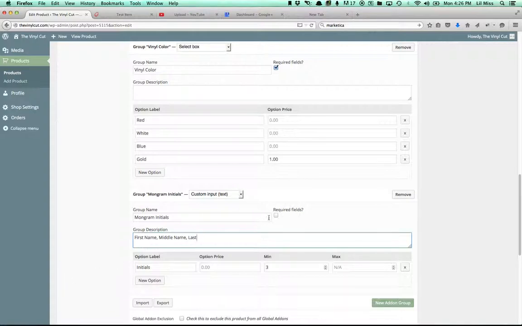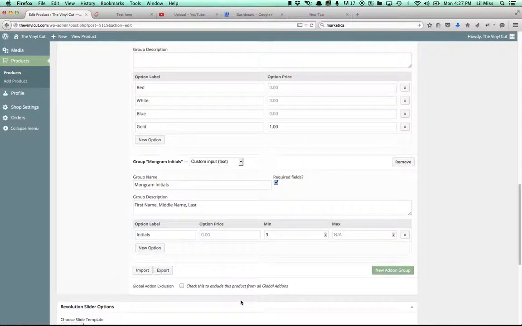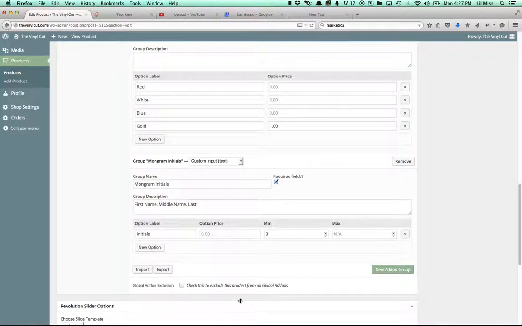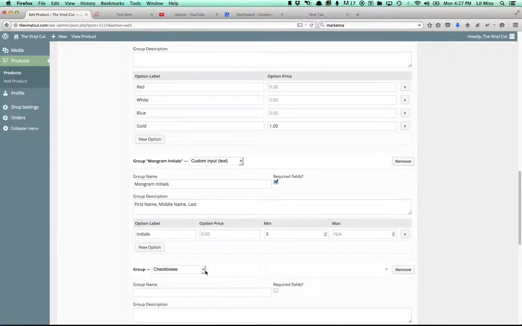you just have this, I'm going to have it required, but have it done as 3 custom input fields. So instead of having monogram initials, you'll place first name, and then create another one and do middle name and then last name. So therefore, you can't really mess that up. Okay, and then we'll go to add a group,